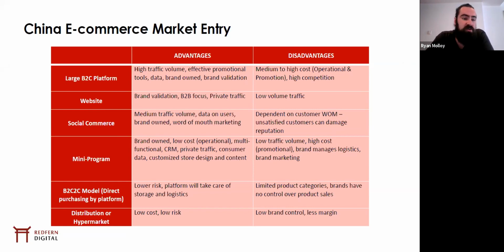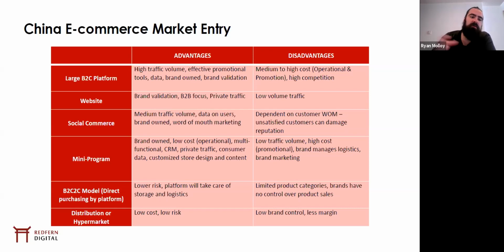It's yourself, it's your own platform, but low traffic volume and essentially high cost because you have to pay a lot for the traffic to get through. And then there's other models like the distribution or hypermarket. These are very low cost. This means essentially a distributor will take over your Tmall store, your JD store, your mini program. They run it through for you. Low cost and essentially low risk from a financial perspective,